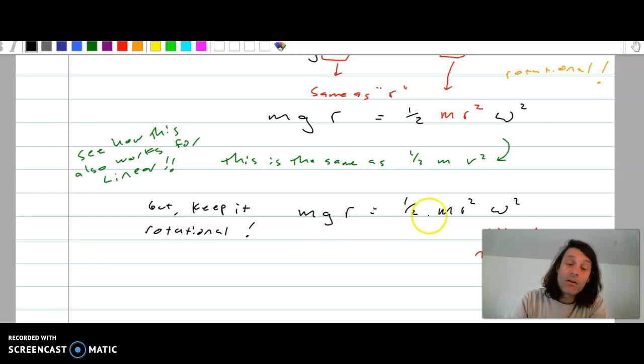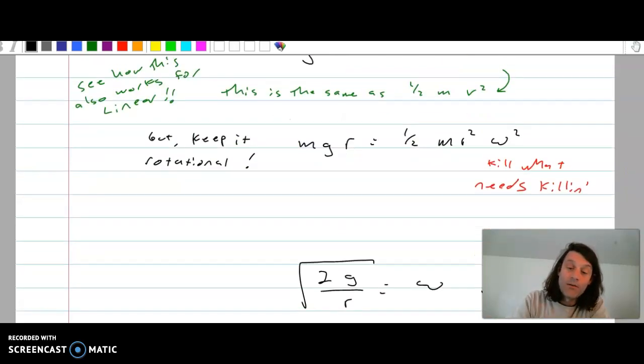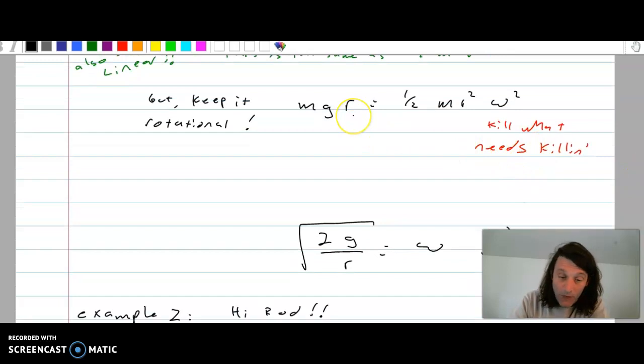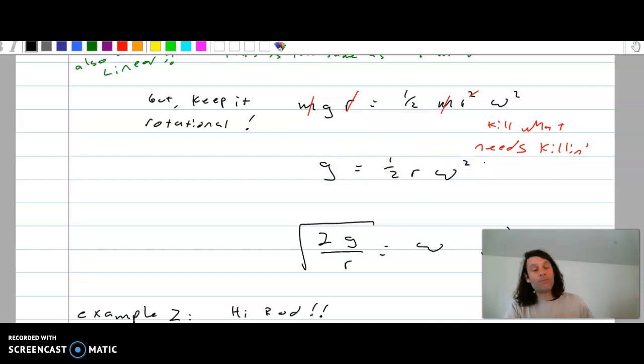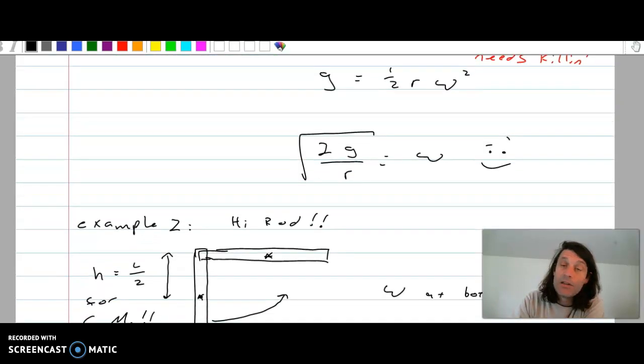So I'm going to have mgr equals 1/2 mr squared omega squared. I'm going to kill what needs killing. What that means is that r dies with the square of that r, and we can kill the masses. So what I end up with is nothing more than little g is 1/2 r omega squared. Rearrange it. The square root of 2g over r is the rotational velocity that that sucker has when it is at the